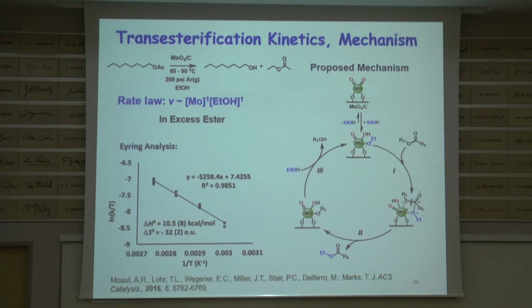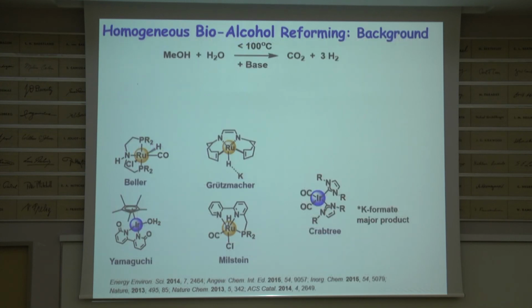But let me look at the last reaction, because I think that is the most surprising one. There are a number of very, very good groups in Asia, in Europe, in the US, in Israel, who have been looking at the following reaction. It's a desire to make hydrogen from what are called bioalcohols, which are derived from fermentation. And you can do it with all of these catalysts, very elegant work, but you always make an equivalent of carbon dioxide, and that's bad.